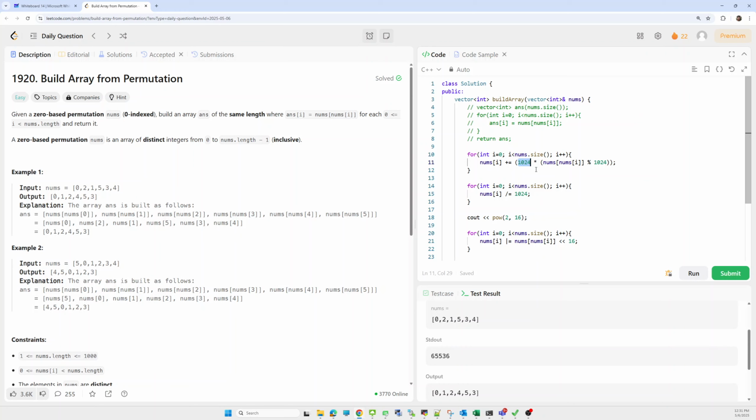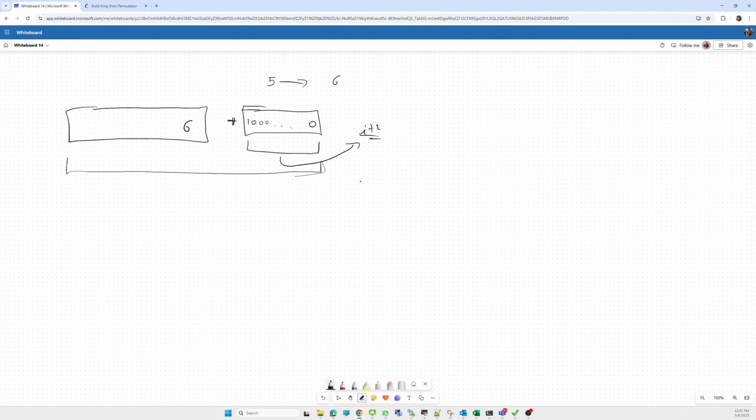Now when we have to fetch the current original element, because the current element is 5, and after some places of zeros we put 6 here, we have to fetch this original element. How can we fetch it?